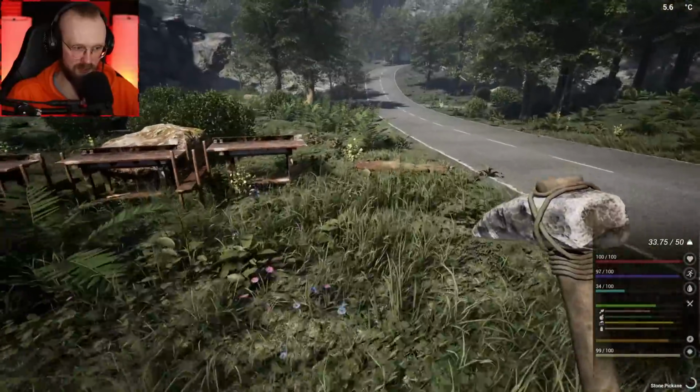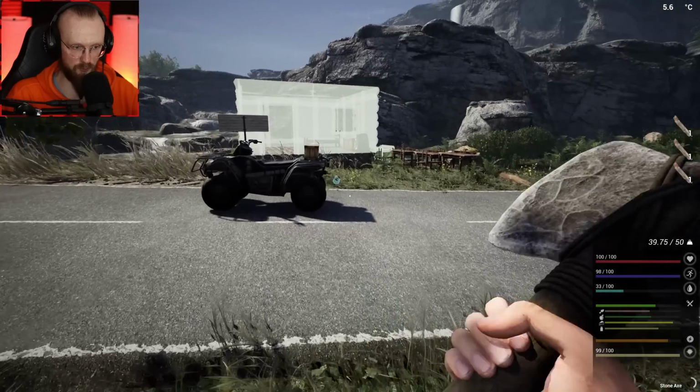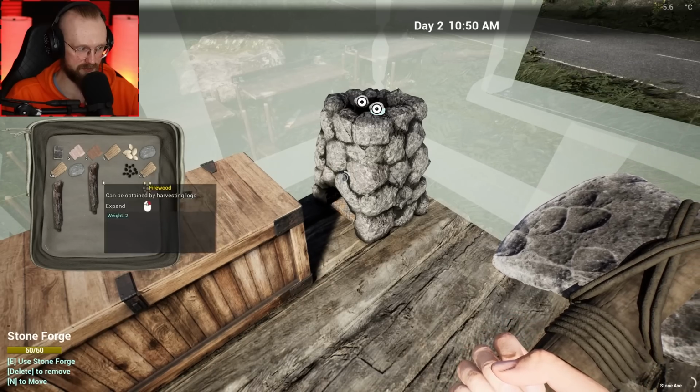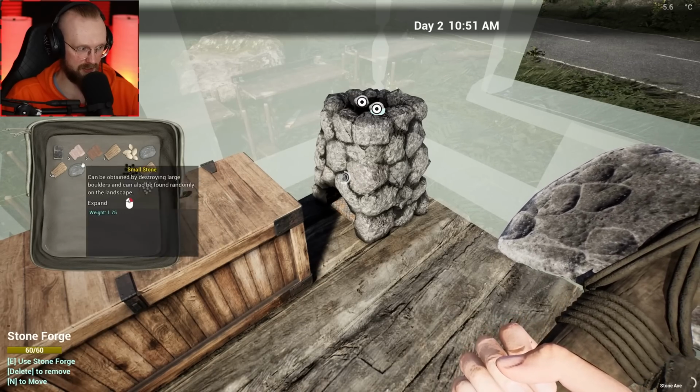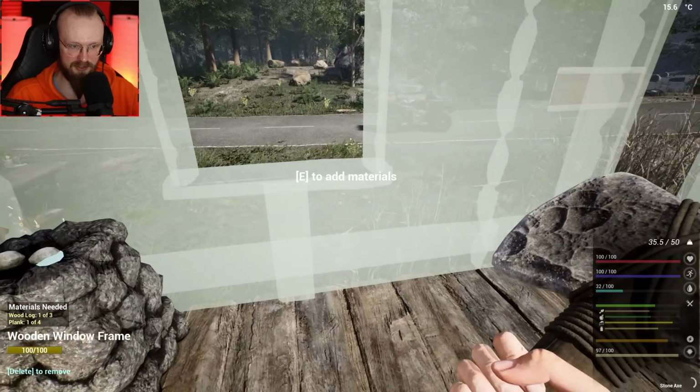Now we need some wood and we can start that thing. Let's harvest the logs. Let's get some firewood. We can drop some firewood inside of this place. We can start it, and now we can start smelting these stones, and I think we